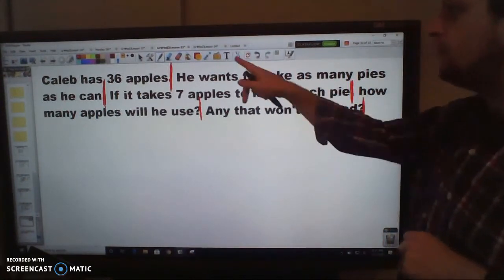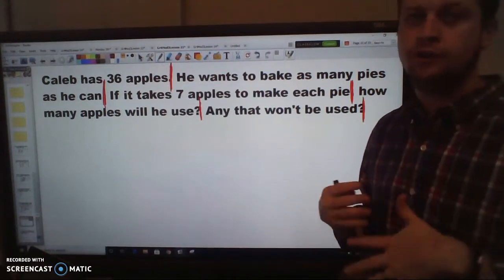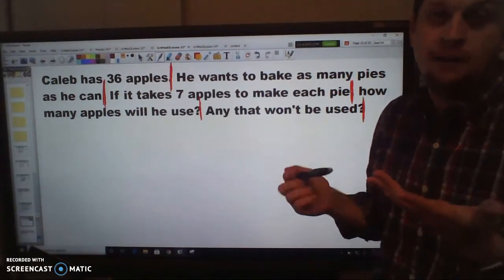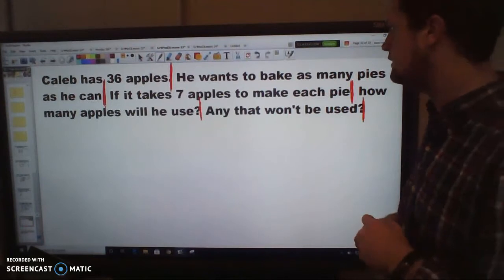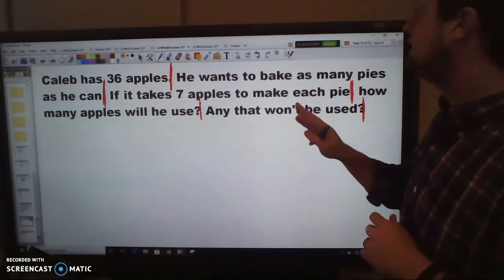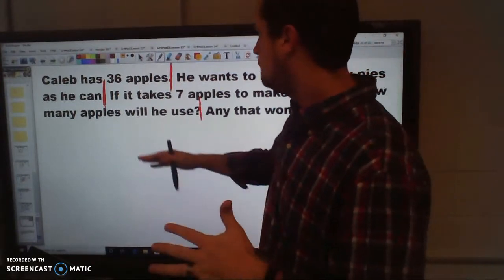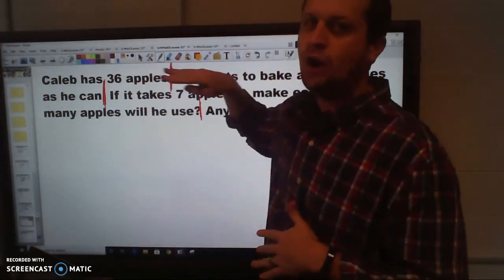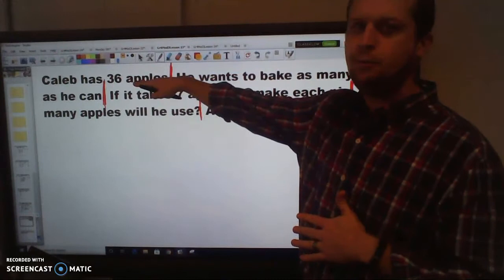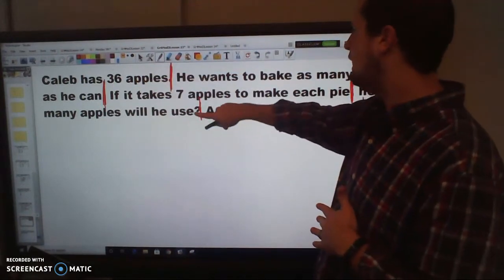All right, so I know he has 36 apples, so I'm going to be drawing 36. And apples are circles, so that works out nice for me this time. He wants to bake as many pies. It takes 7 apples to make each pie. Okay, so I've got 36, so I know I'm at least going to be drawing 36 apples, but each pie